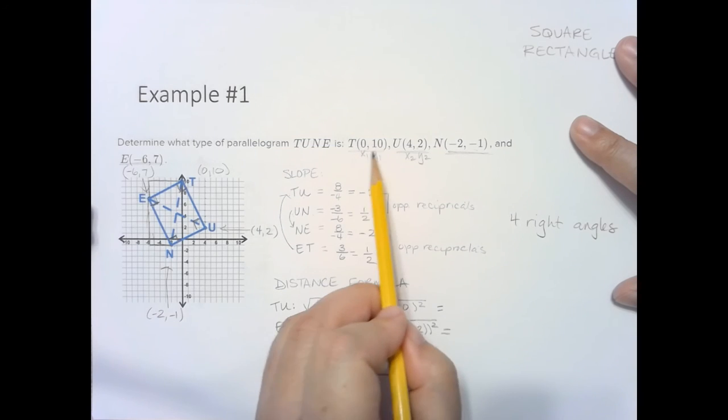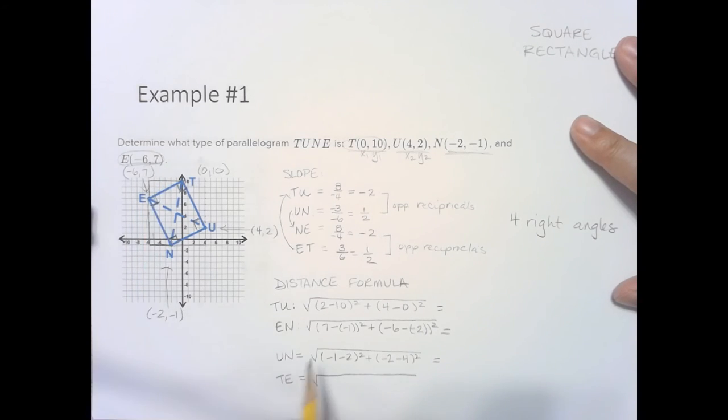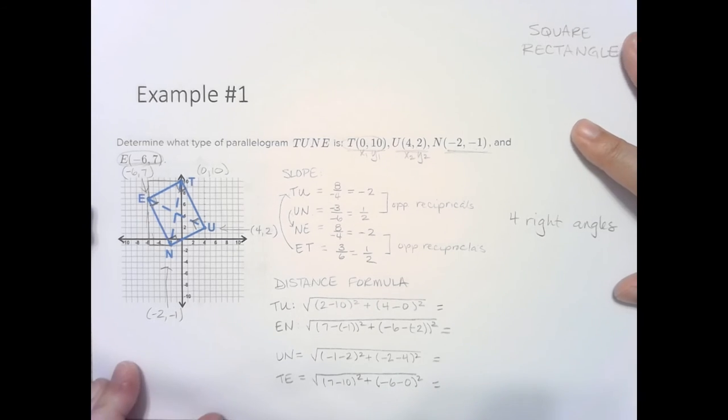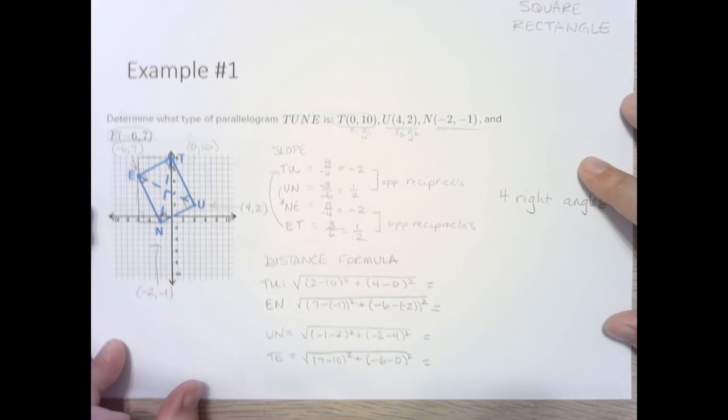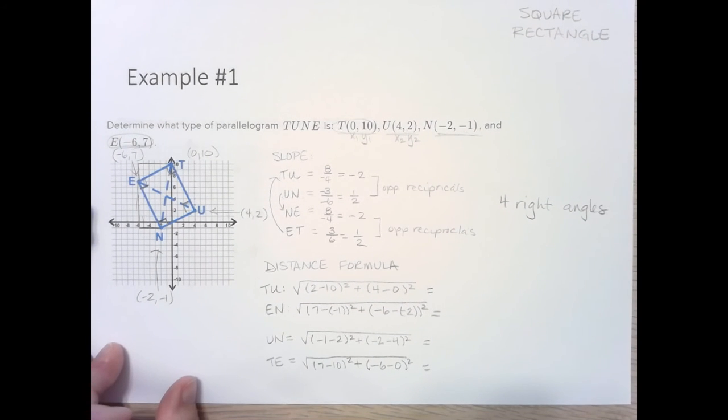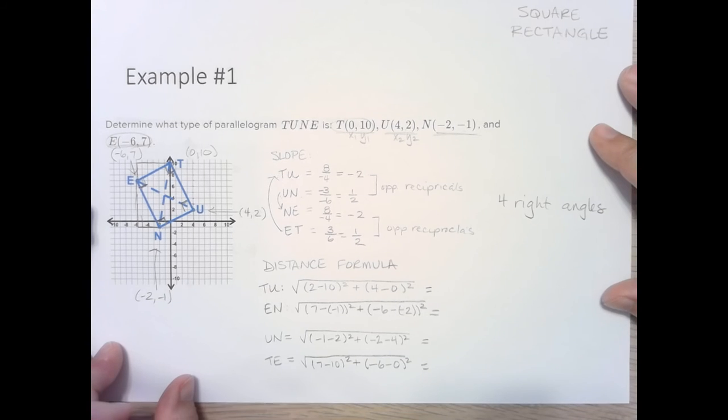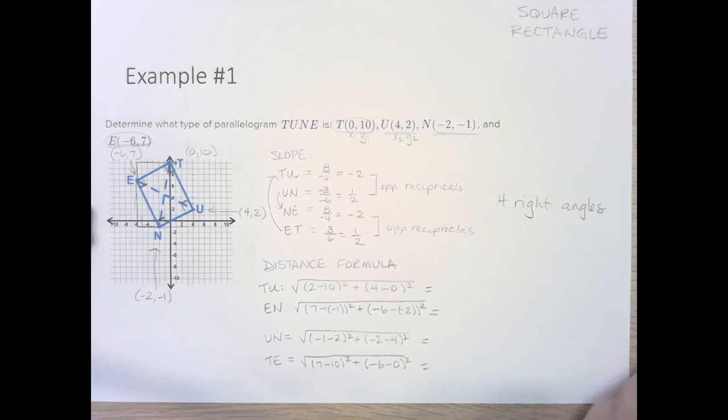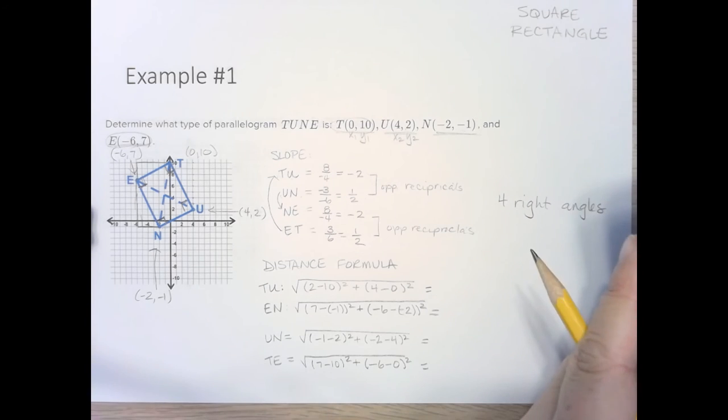T to E is 7 minus 10 squared plus -6 minus 0 squared. So yeah, these problems take a long time. They're not quick. And I know some of you are thinking, oh my goodness. All right. So if I bring out my calculator,